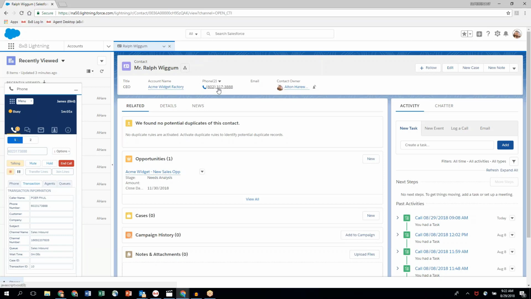If there is no contact or account available, we can bring up a blank page to enter a new contact, or if there are multiple contacts available based on that caller ID, we can bring up a search page. Again, depending on the experience that your agents are expecting to have, we can pop the appropriate information. The key piece of information to keep track of is that we are popping to the relevant data that's in Salesforce. So I can see, here's my contact, I can see all the opportunities, cases, etc., all my campaign history